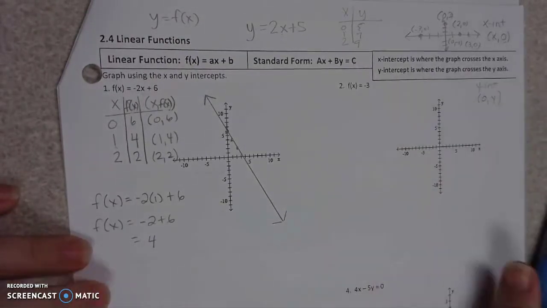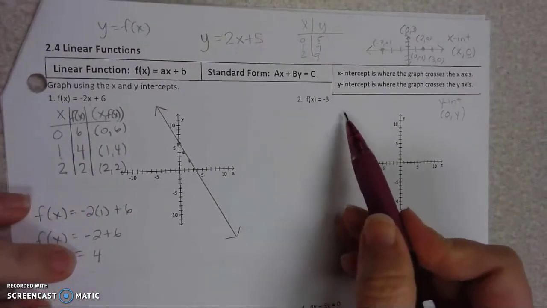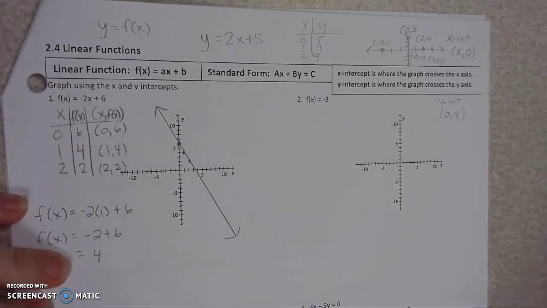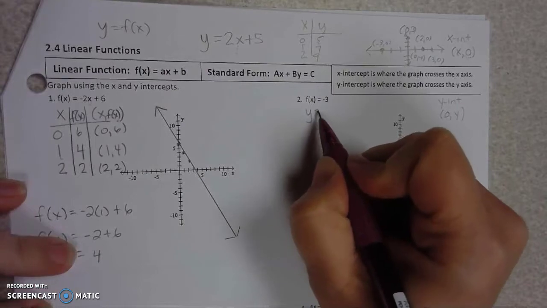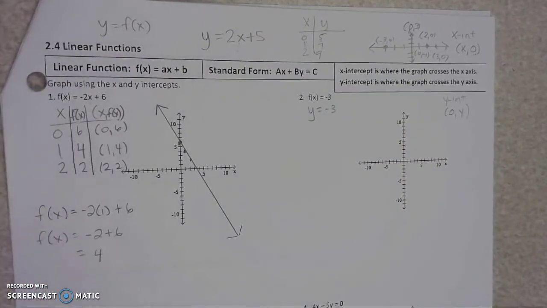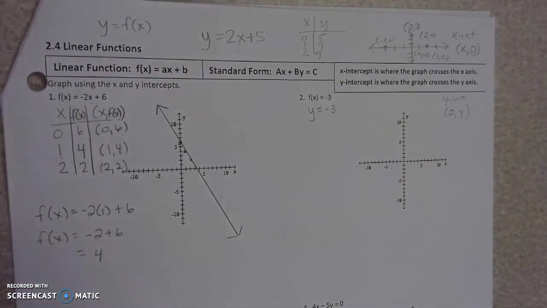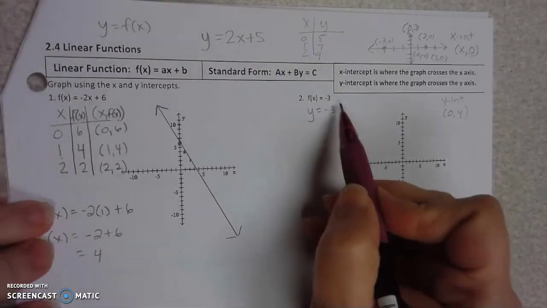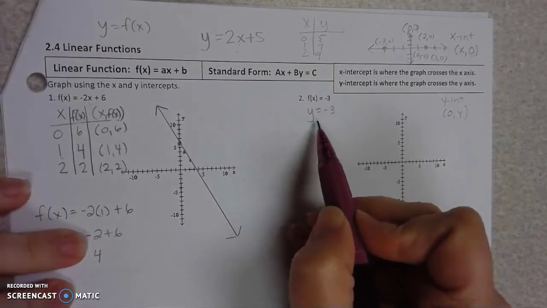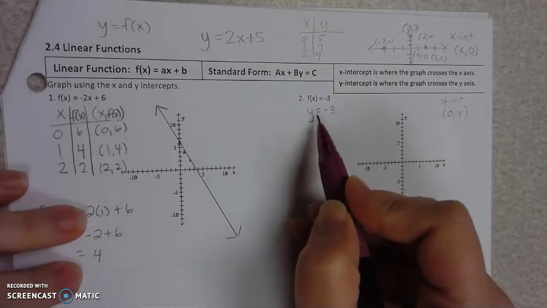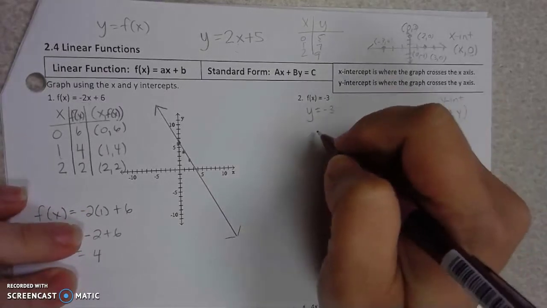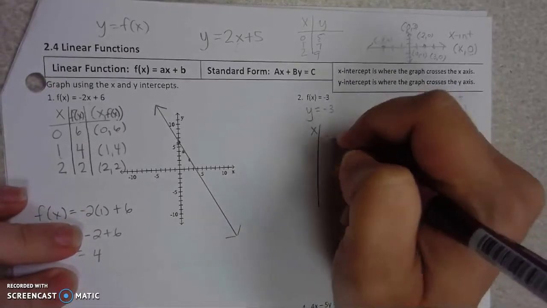Okay, let's look at the next one. Alright, this one is written as f of x equals negative 3. Or we could also say y equals negative 3. Notice there is no x variable in there. Okay, so if there's no x variable in my equation, I can't fill in a number for that variable. And so what this means is that no matter what value you pick for x, y is always going to be negative 3. So if I made a table,